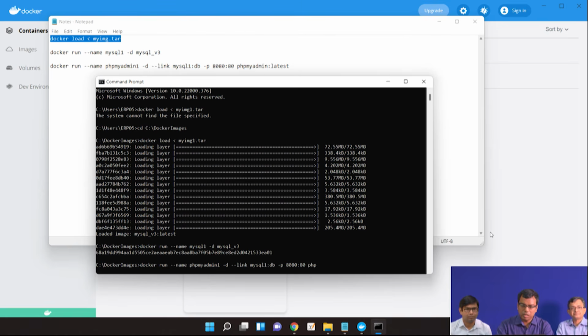Then we are pulling the latest phpMyAdmin from Docker Hub, and it should connect to the MySQL1 container.